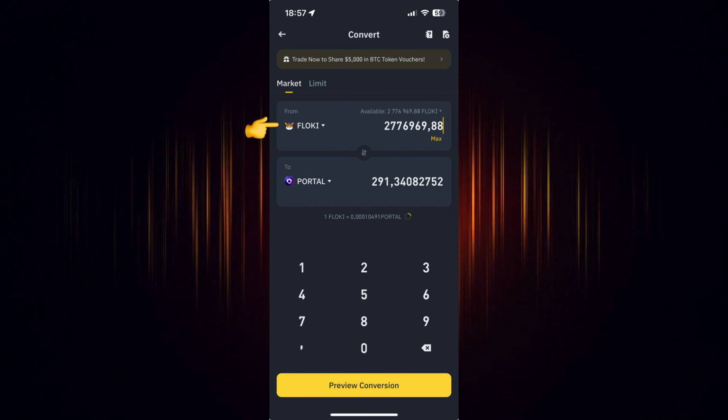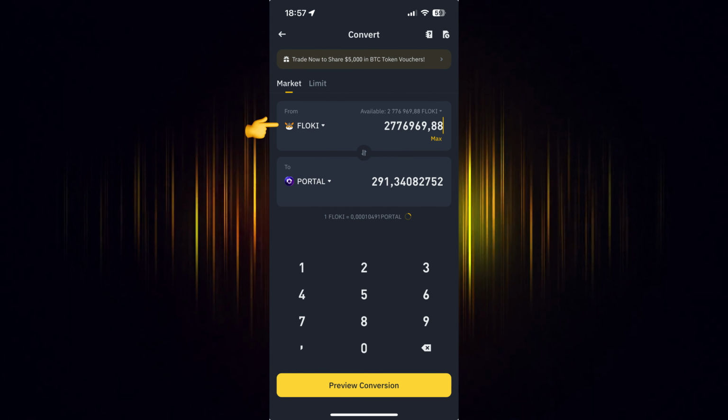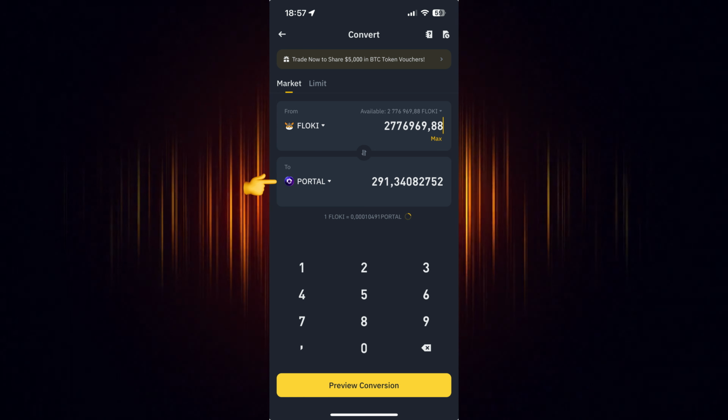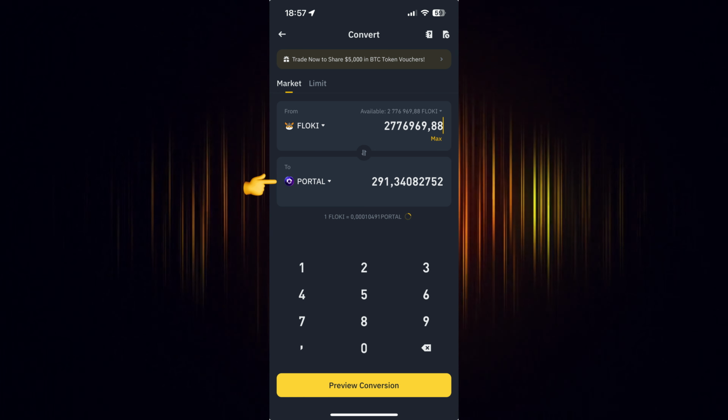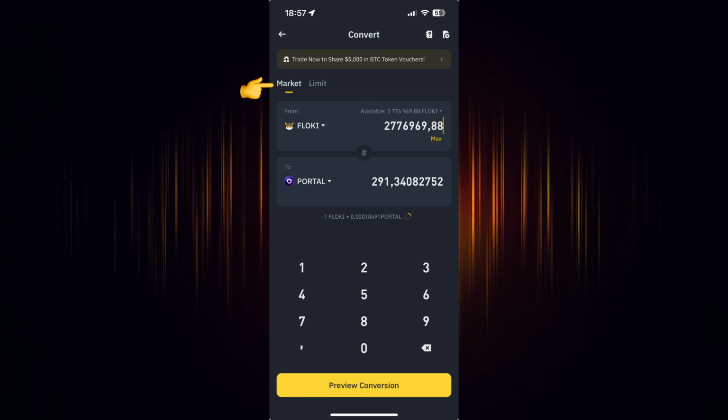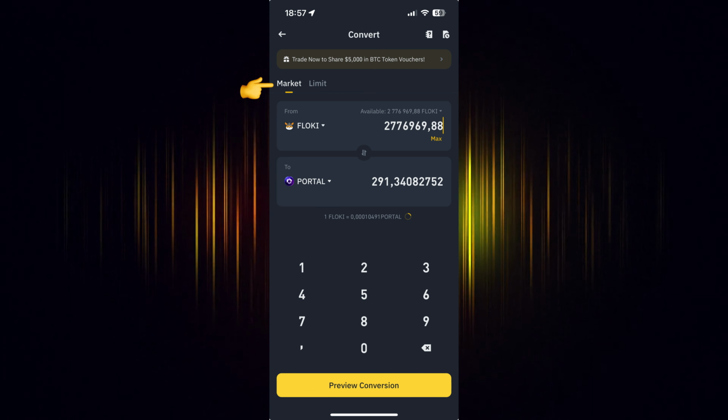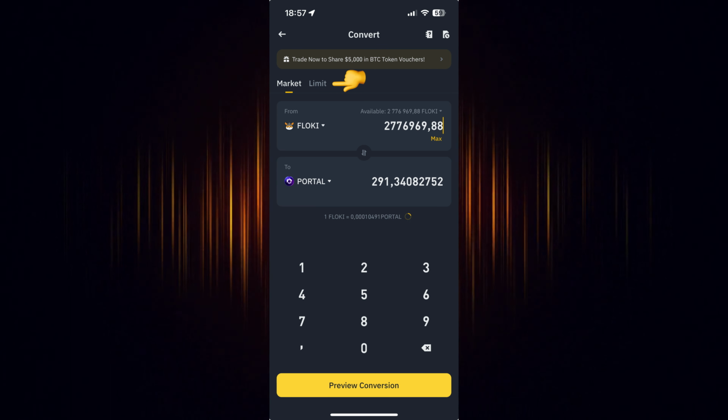Now select the currency you wish to use for the purchase. Then add the currency you want to buy. In our case, we are looking to buy Portal token. There are two ways to buy it. You can either choose the current market value, or you can set the specific price at which you wish to